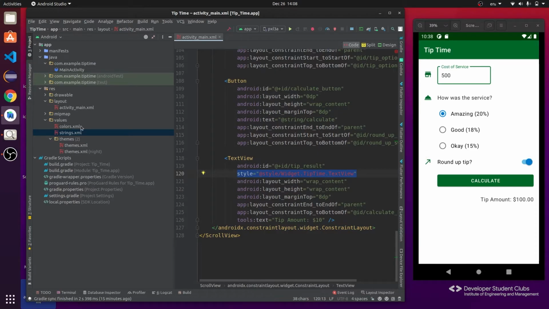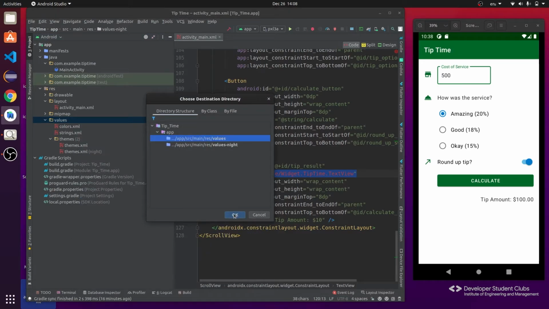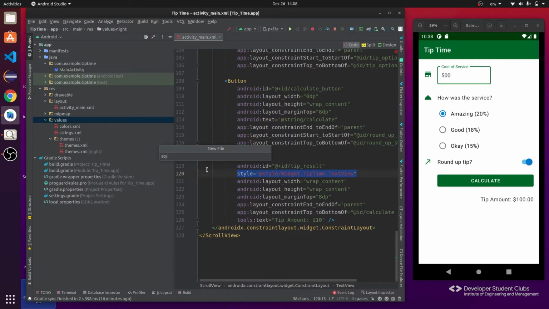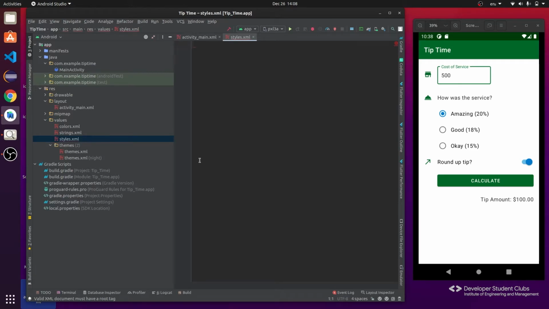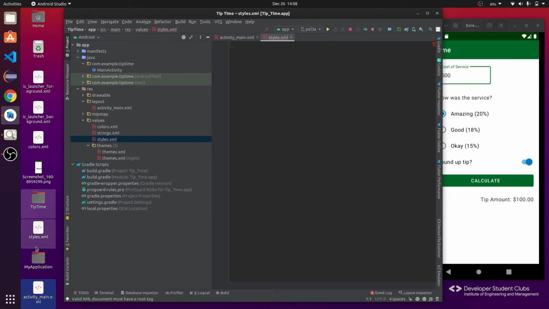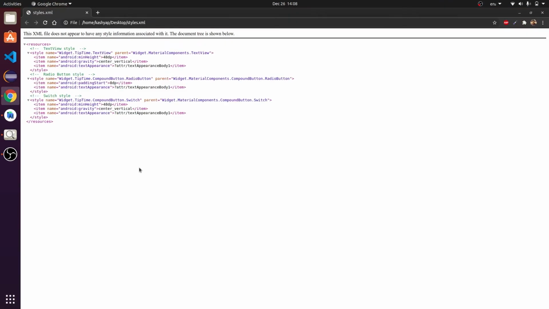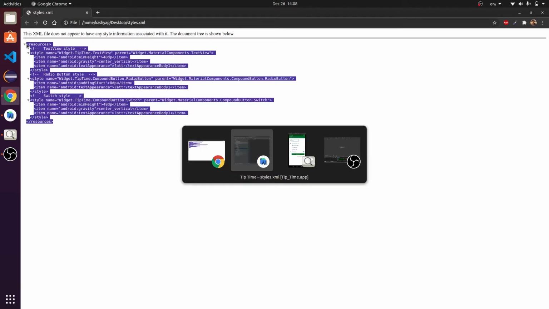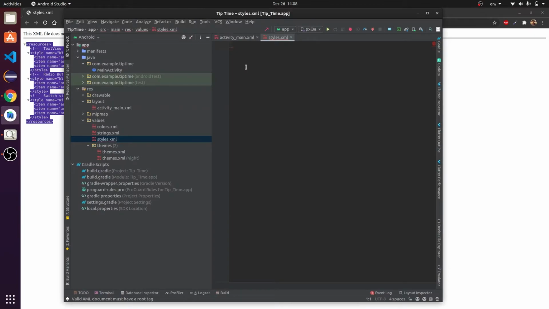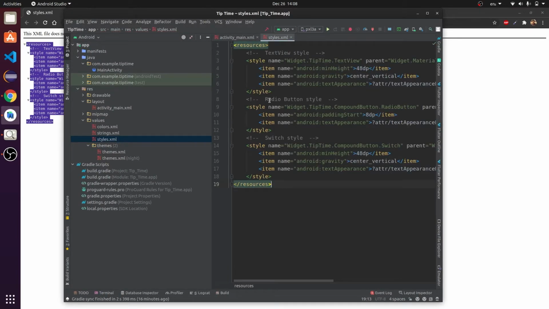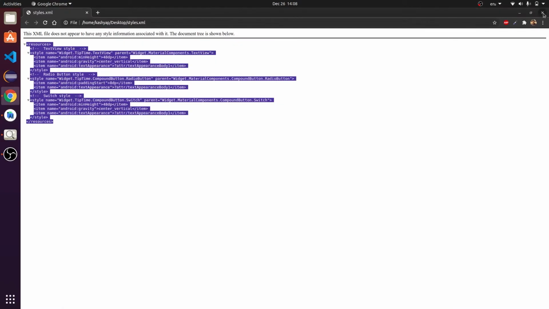We can define the styles.xml file under the values folder. So we'll create a new file under the values, and we'll name it styles.xml. Again, for the styles.xml, I have already written the code. I'll just copy and paste, and I'll explain what that code means. Don't worry, I'll be sharing the entire project which I have defined, and you can check the entire code later on, how it works. So this is the styles.xml file that we are using.